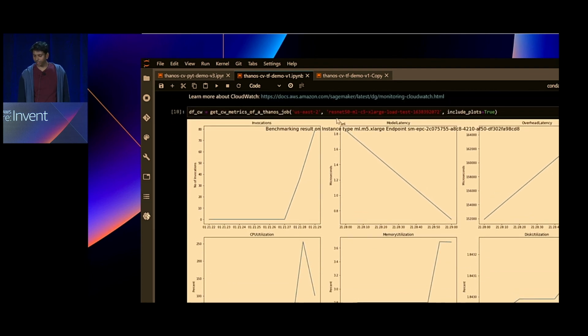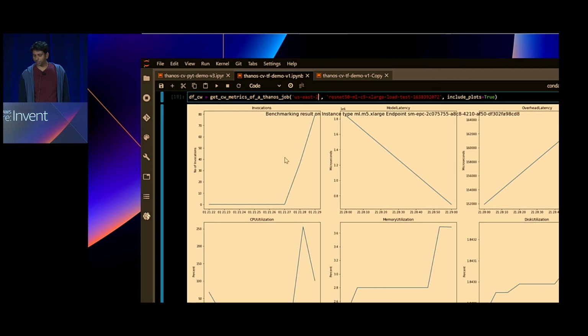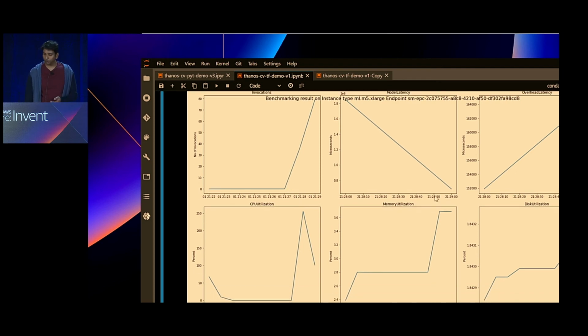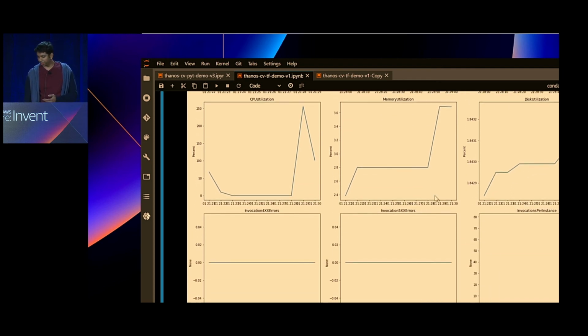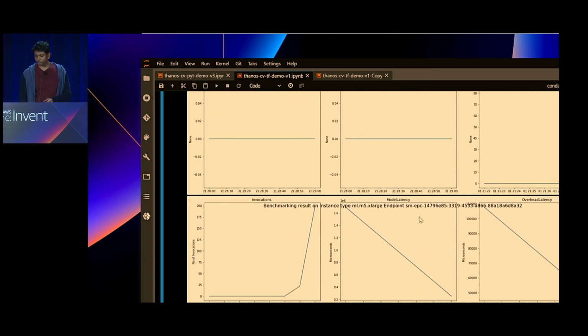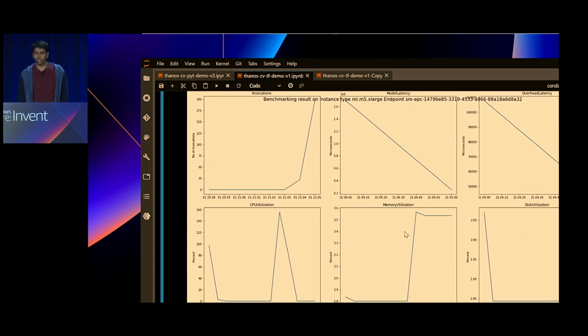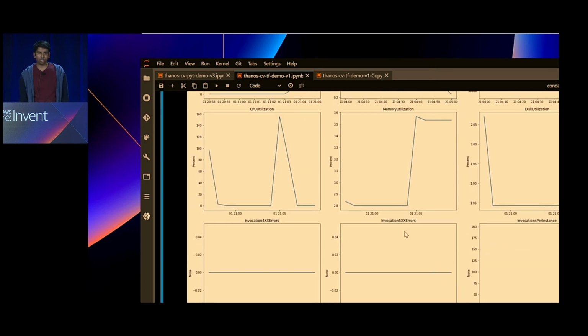it's easy to take the endpoint name, the region that you're in, and pull in very detailed plots from CloudWatch. So here you can see much more detail on other performance metrics such as CPU utilization, GPU utilization, your disk utilization. You can also look at if there's any 500 errors or 400 errors. And using CloudWatch, of course, gives you a lot more flexibility. If there's other container metrics that you're emitting from your container, you can include that as part of your load test results.